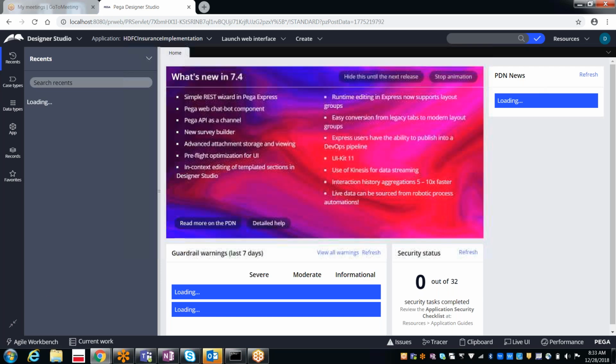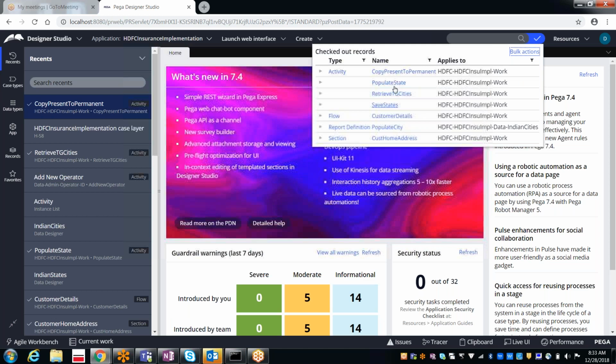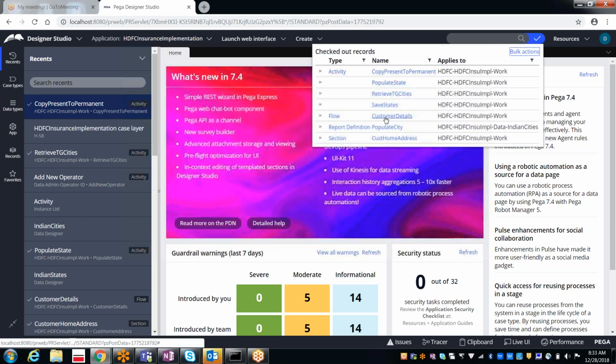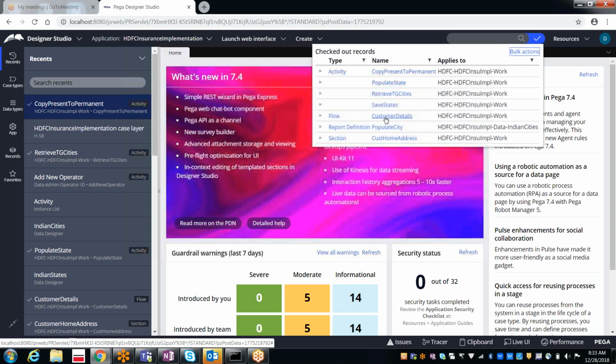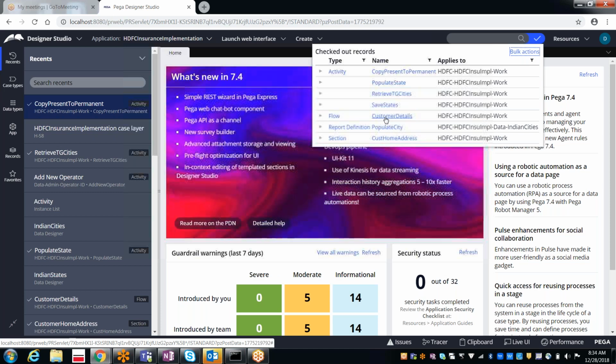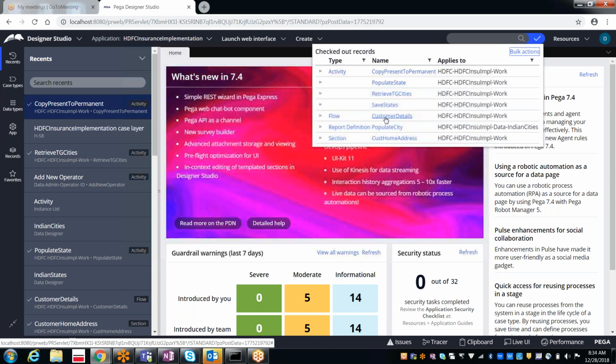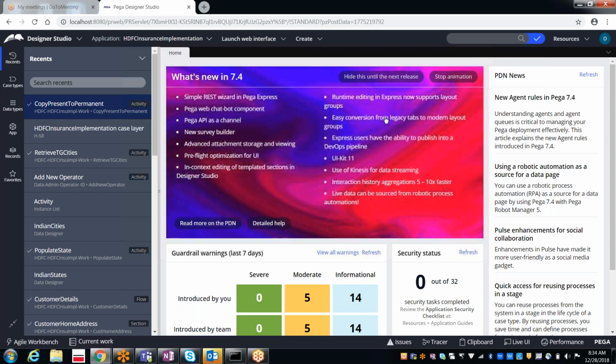Here we can see the list of rules checked out by us, which is why I logged in as developer1. If you log in as admin at hdfc.com, you cannot modify these rules because they are already checked out by developer1. Either you need to check in all these rules so that another operator can access them. Anyway, let's start from here.